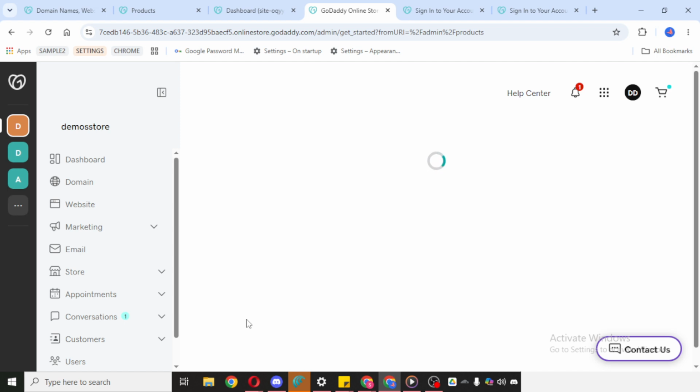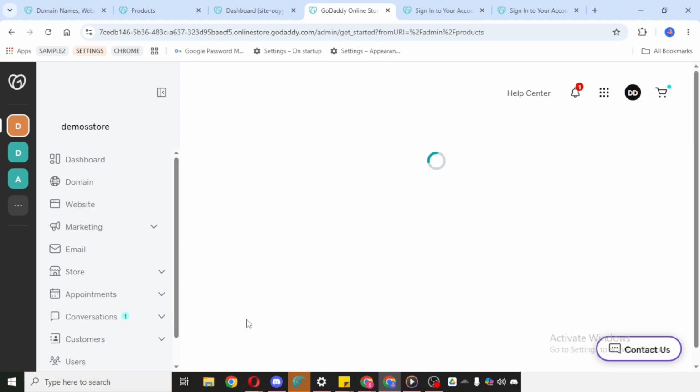Try to keep your product photos clean and professional, and write descriptions that are simple and helpful. Before you finish, it's a good idea to review everything carefully. Double-check for spelling, pricing, and image quality so your product page looks polished and trustworthy. When everything looks right, save your changes so the new product is added to your store, and that's it.